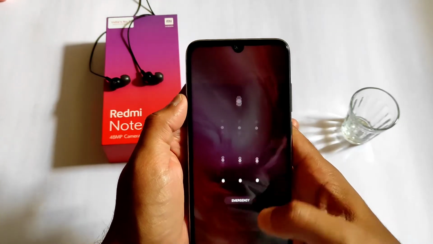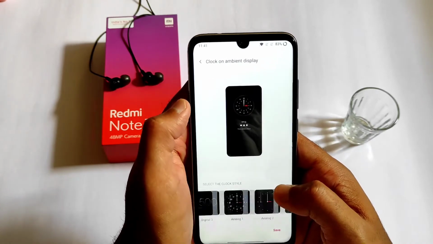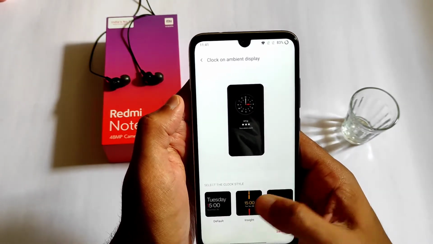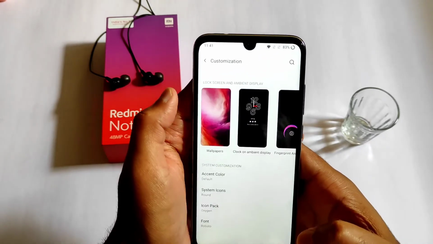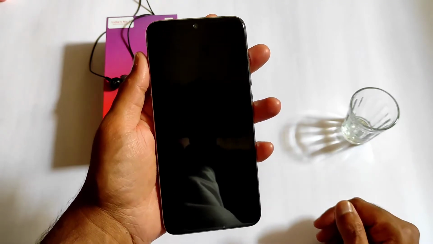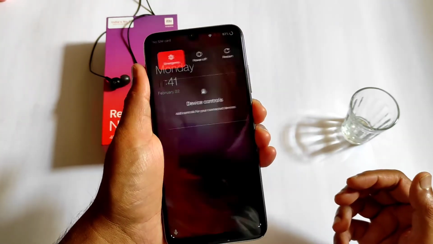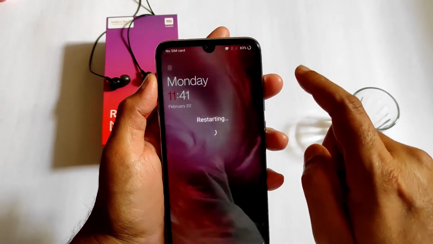And just the lock screen will get tiny one pattern. From there you need to unlock it, and as you can see, these are the presets. I will apply this one, and it works, but let me show you. As you can see, it sometimes works, and these are the power off options. Let me restart the device.